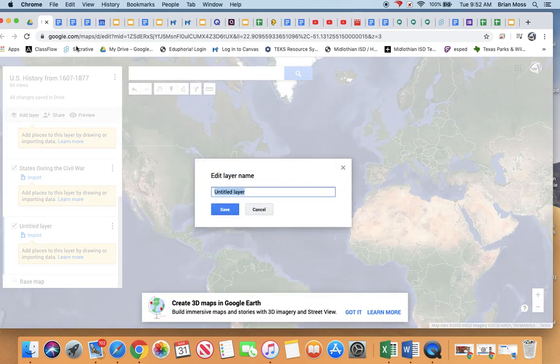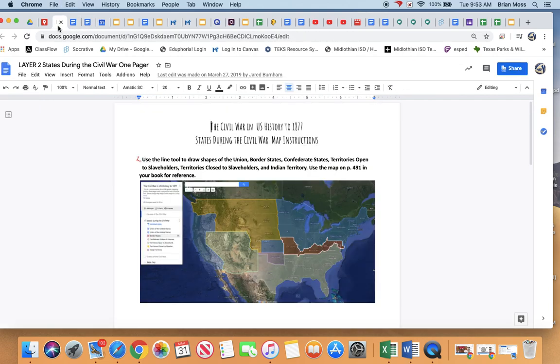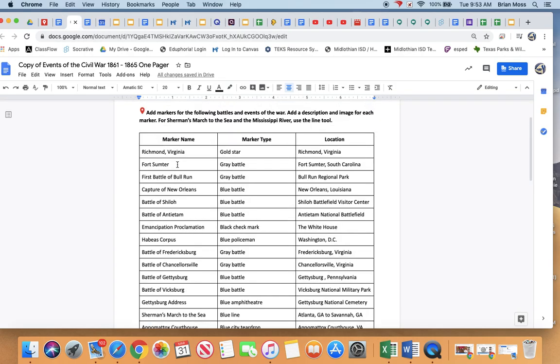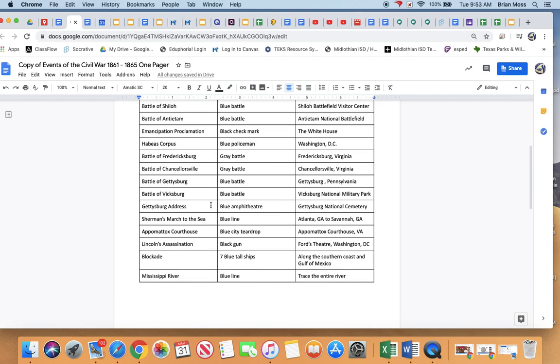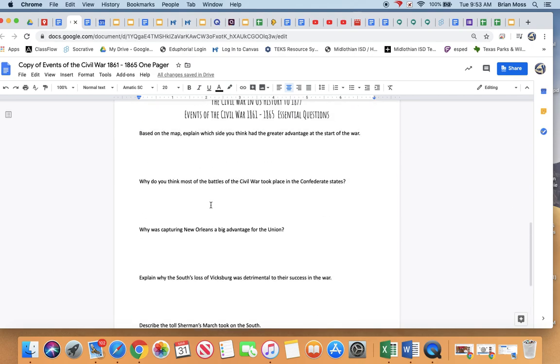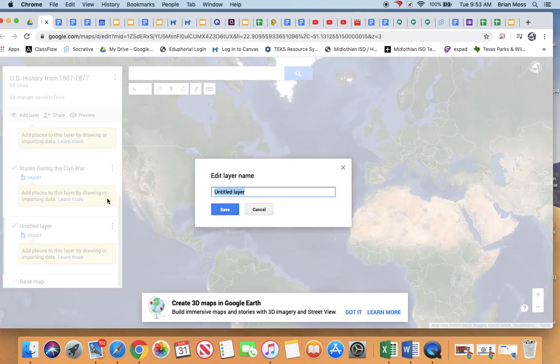And this layer is going to be called, go back to your instructions, the events of the Civil War. And that is going to be Command C. That's going to look something like this right here. This is going to be layer 3. This one is going to take a little bit of time to get done. Plus, you also have questions at the bottom of these as well, which I will share with you at a later point throughout this unit. Command V, events of the Civil War,